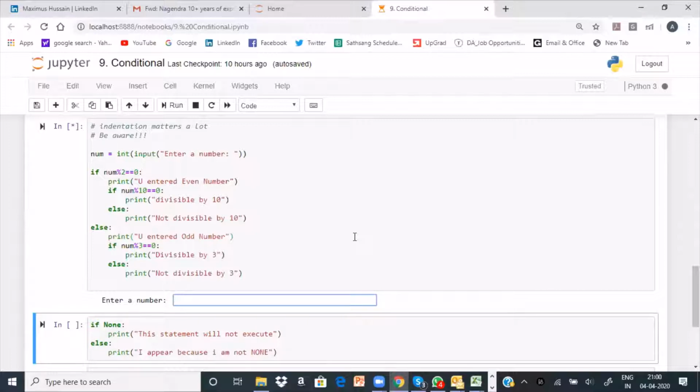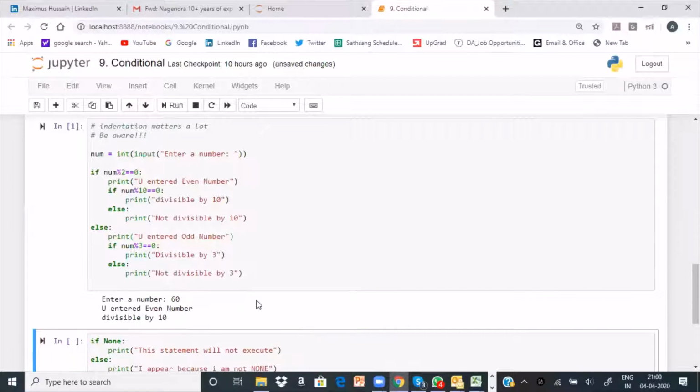And that kernel, because there is an exception or an interrupt that happened, the interpreter is waiting for input from the user. Without inputting it, since I simply bypassed it, the system will still be waiting. So whatever command I give, it will not take it because it is waiting for some valid number that I'm going to enter. So how do I do that? Then I have to stop the kernel and restart it once again.